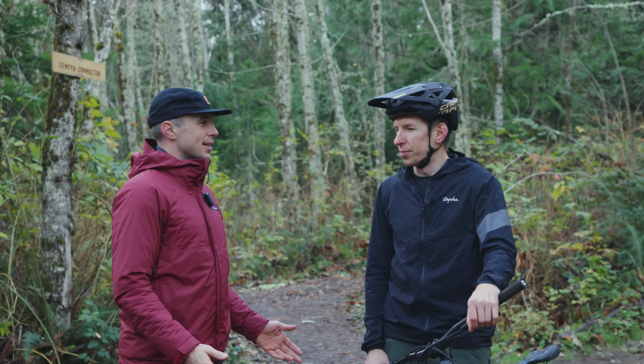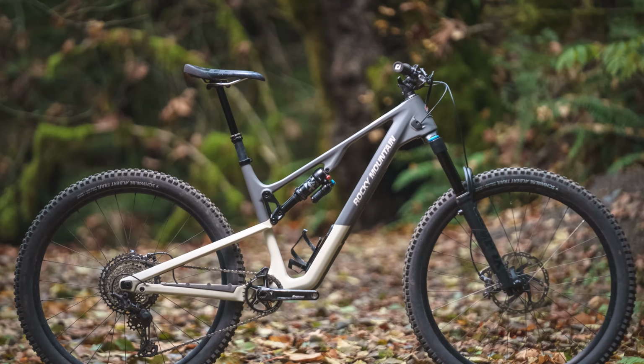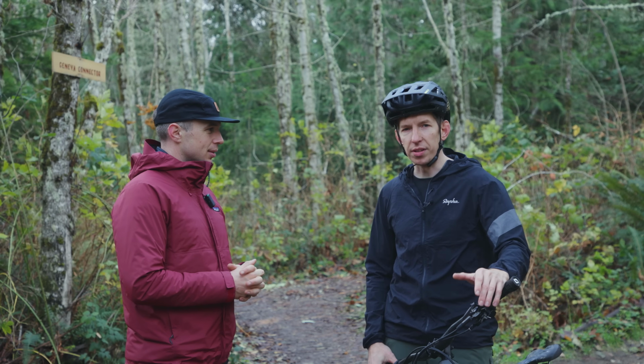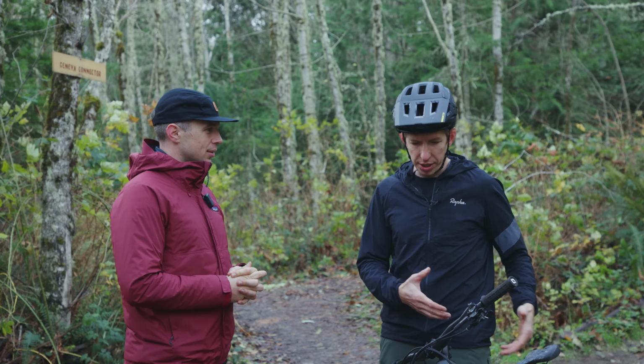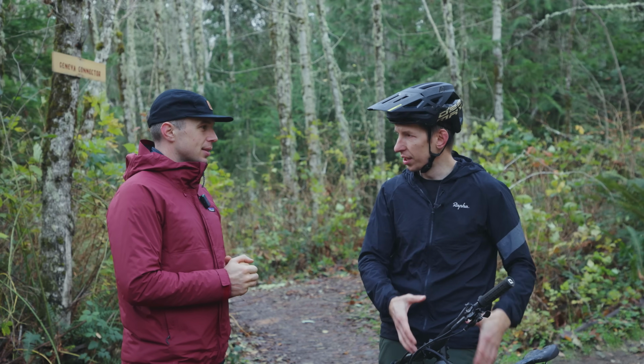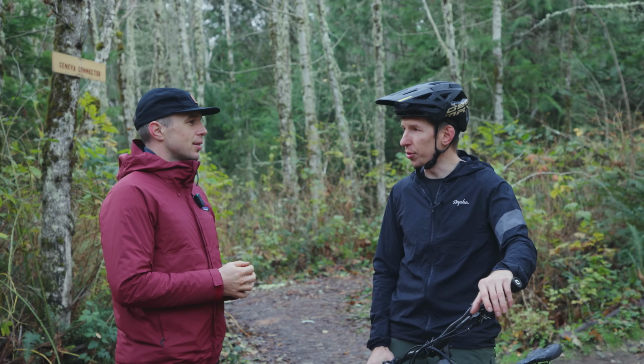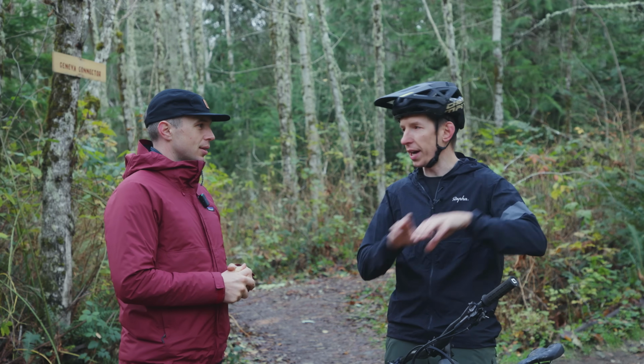Kaz, what bike are we riding today? We've got the Rocky Mountain Instinct. Now, can you tell us exactly what's going on today? Yeah, so we rode this Instinct up in Whistler, and our general conclusion was that the shock tune didn't feel appropriate for the bike. We think this bike has a lot of potential. Yes. Geometry looks good, on paper it all looks good, and we just weren't really blown away by the shock tune. So we want to do a little more experimentation because we didn't think that one factor should totally write off